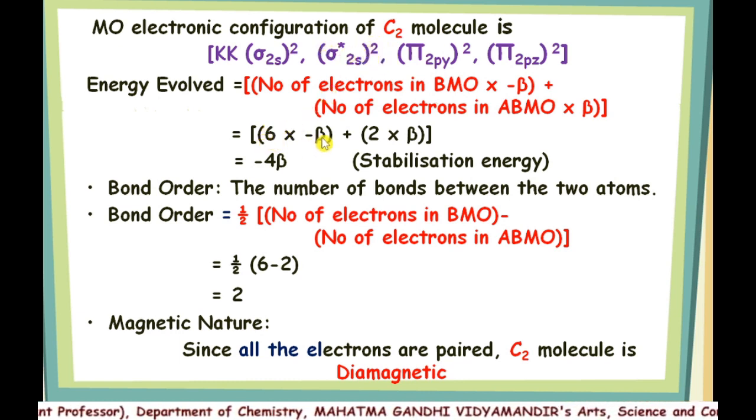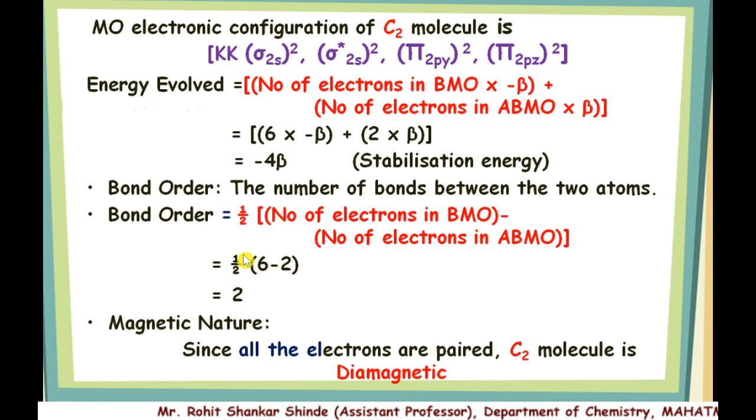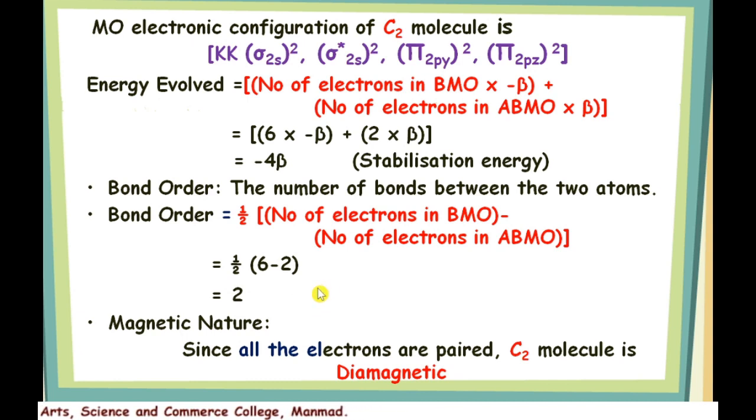So 6 into minus beta plus 2 into beta, it becomes minus 4 beta. So energy evolved during formation of C2 molecule is minus 4 beta, which is a stabilization energy. Bond order: 1/2 in bracket number of electrons in BMO minus number of electrons in ABMO. So 1/2 in bracket 6 minus 2. So 1/2 in bracket 4. So it becomes 2. So bond order 2 indicates that 2 bonds are formed between the 2 carbon atoms in